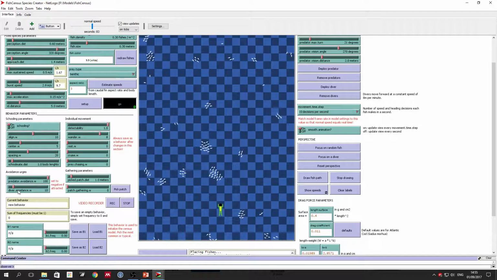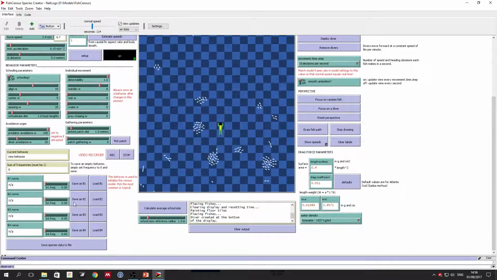In this case the diver avoidance weight is positive, so we get avoidance. If we set this vector to negative, we get attraction. So basically now fish should feel attracted to the diver, and as you can see here, these schools are slightly being attracted to the diver here. And then we can of course change here, save up to 4 behaviors in these slots, and